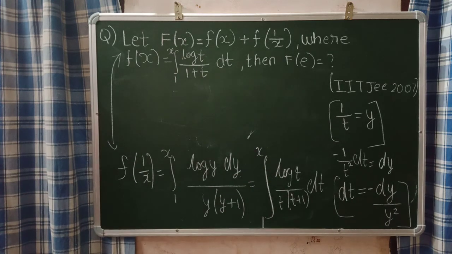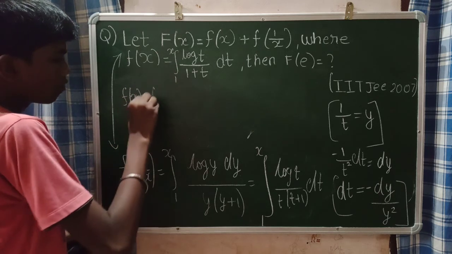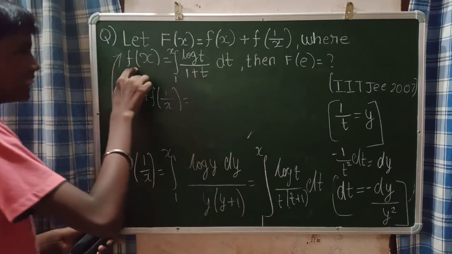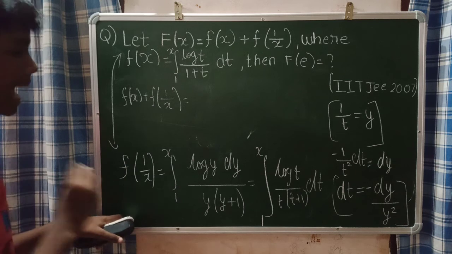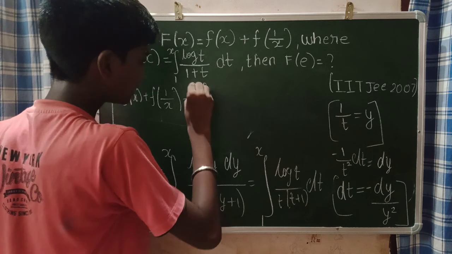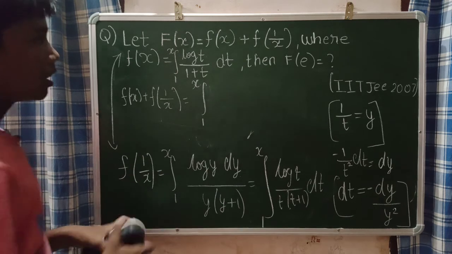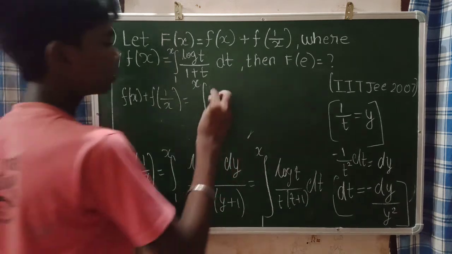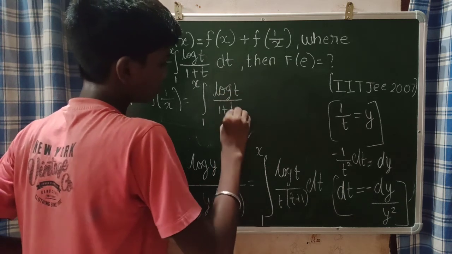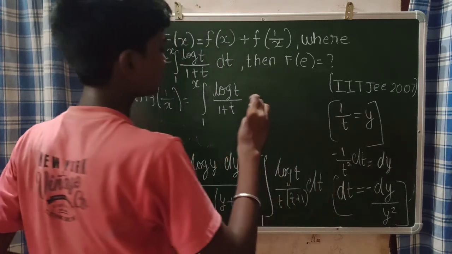Now I will add these two integrals. When I add, I will get f of x plus f of 1 by x, which is nothing but just adding this and this integral. When you add, as we know the limits are the same, so no problem. I can add the inside values from 1 to x. Then when you add the inside value, you will get log t by 1 plus t plus